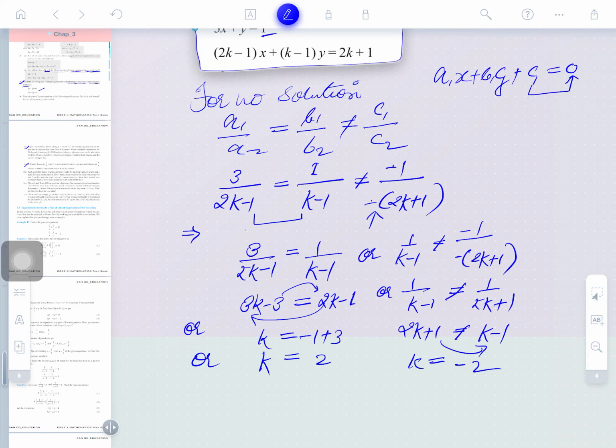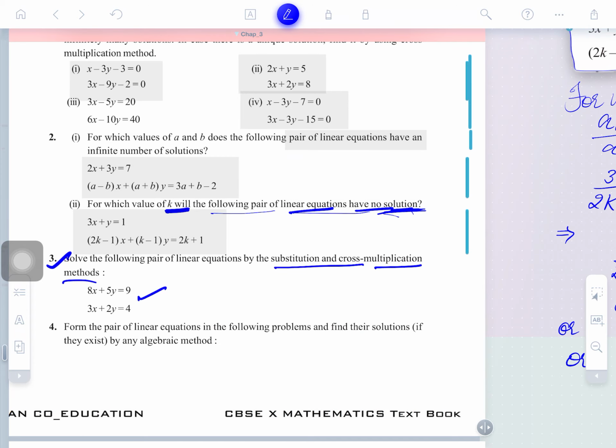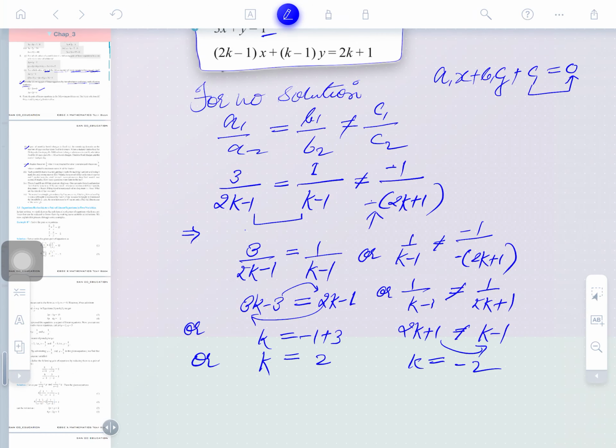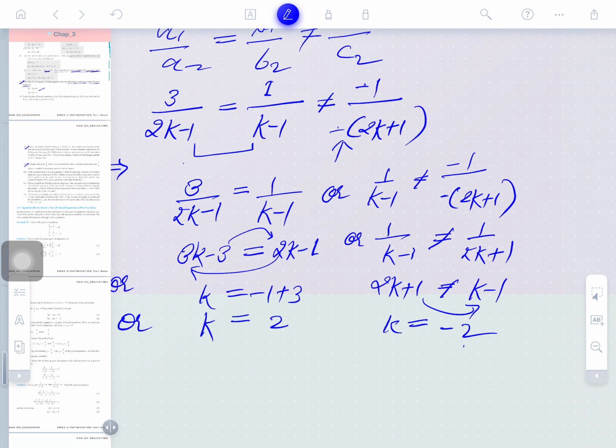So what the questioner is asking, please read the question. It's saying for what value of k. So listen guys, for what value of k, it means that in the place of k, if you put k is equal to minus 2, k should not be equal to minus 2, but k can be 2 here. Try to understand, if k is equal to 2, then this ratio will exist, which means this will not be equal. Is that clear or not?